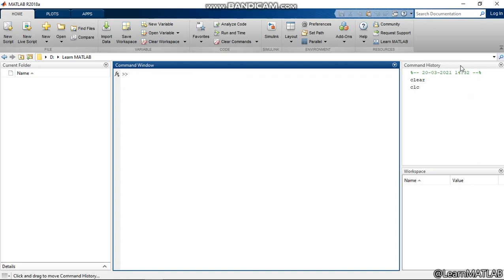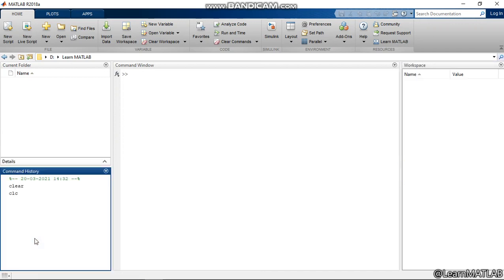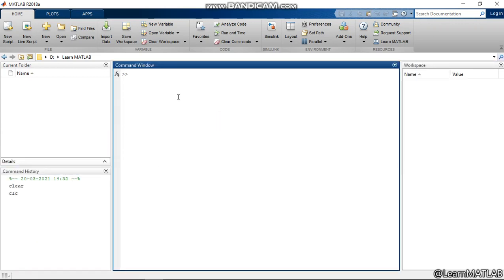So suppose I bring it here first. If I create a variable, suppose x, and I give it the value 2 and then press enter, I will see that the variable x is created. Now I can see in the command window that x has a value of 2. I can also see in the workspace that I have created a variable which has a value of 2. So the workspace is a collection of all the variables that are created in the session.